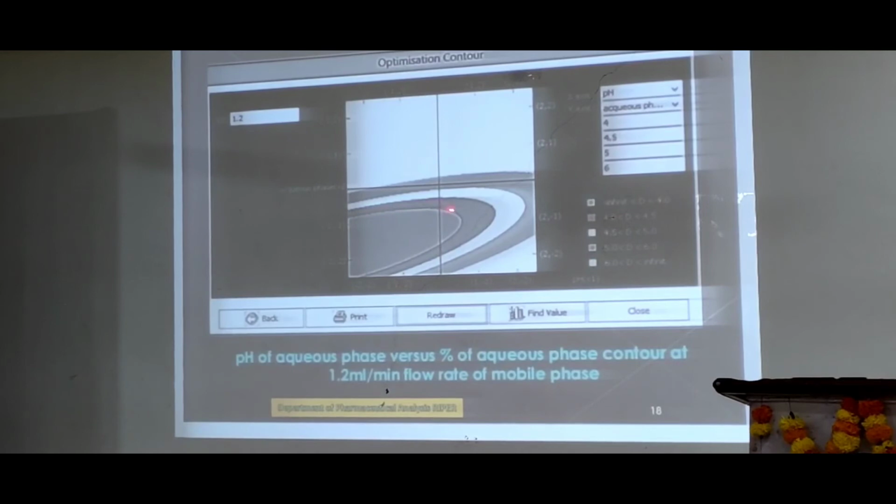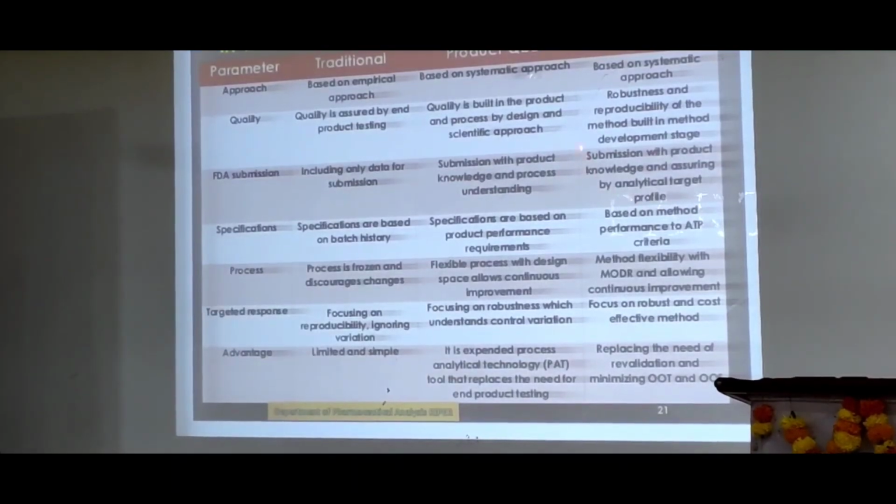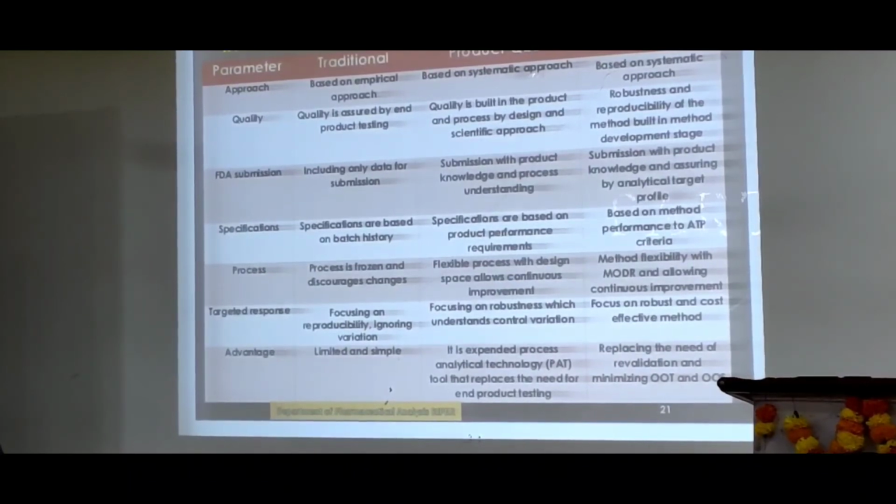So from here, this whole circle is one RT, and this second one has another RT. Either you can keep it here or here or here, you will get the same RT. So we have a lot of space here to work. That's why you can say the method is robust. In robustness, what we are doing is slightly changing the conditions, but here there is no need to do that. Even though you change a little bit excessively, you will get the same result.